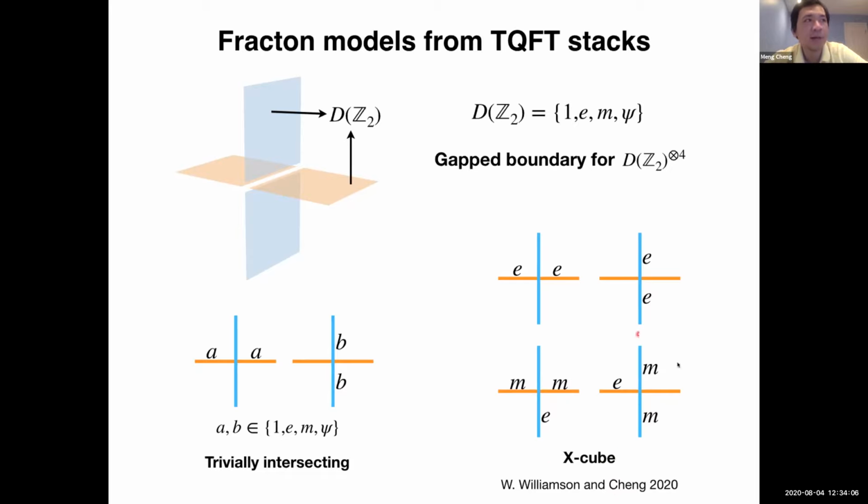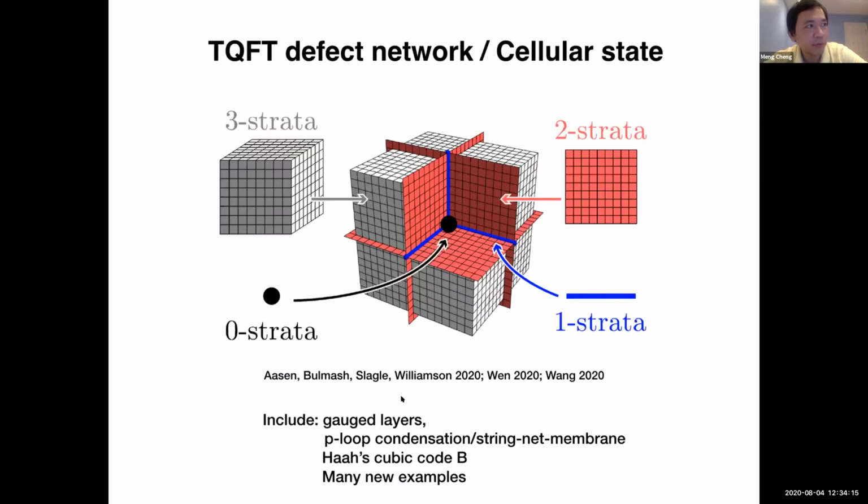Okay, so when you do it at all intersections, you get the X-cube model. Quite recently, actually earlier this year, a few groups have put up this very general construction as a kind of defect network. This is a name in this paper by Asen, Baumesh, Slagle, and Williamson, and Xiaogang Wen also,